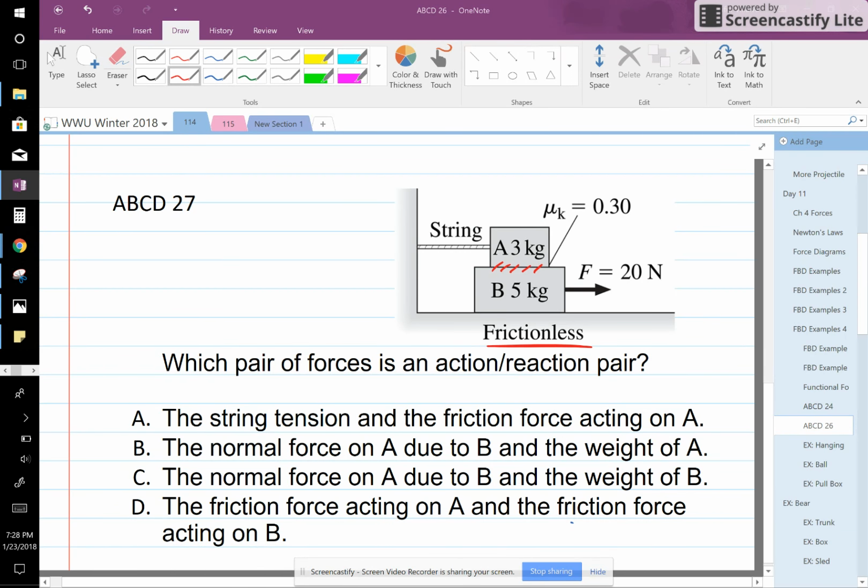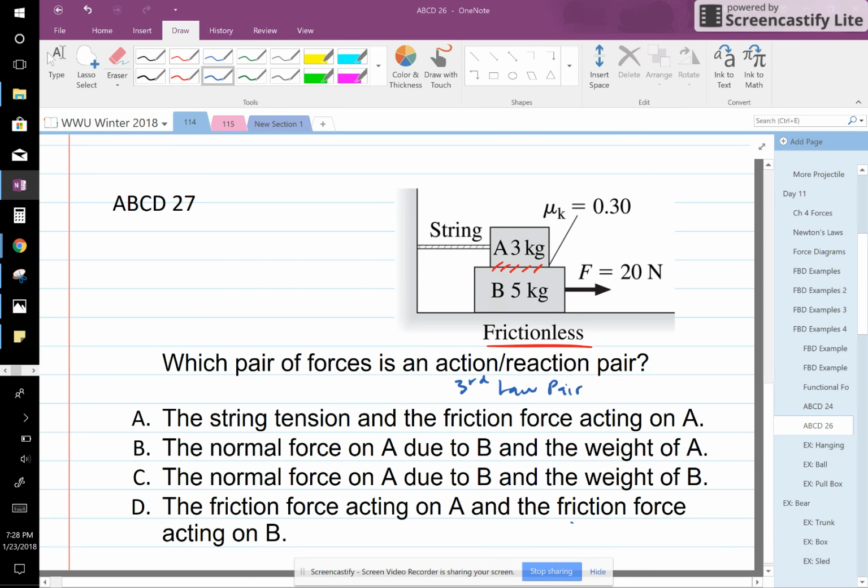Okay, and the question asks, what pair of forces is an action-reaction pair out of the four provided? So take a moment, read all of your options, pause the video so you have time, and we'll see where you're at. Okay, so things to keep in mind when you're talking about these action-reaction pairs, or third law pairs, however you want to call them,